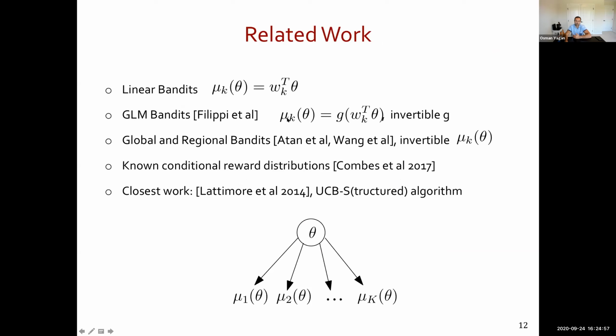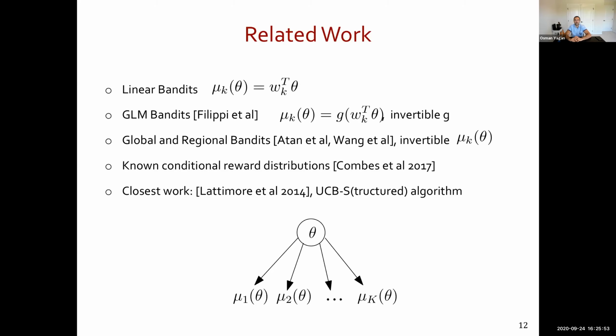And if you think about it, if these functions are invertible, you kind of simplify the problem quite a bit, because anytime you get a large number of samples from an arm, you have a good idea about the empirical mean, which is supposed to be in most cases close enough to the actual mean of that arm. And if this function is invertible, that gives you a good idea about what the actual theta is. And if you know the theta, the problem is basically solved. So the invertibility assumption in our opinion is a bit too strong, and it simplifies the problem, makes it nice maybe, but also reduces its applicability.